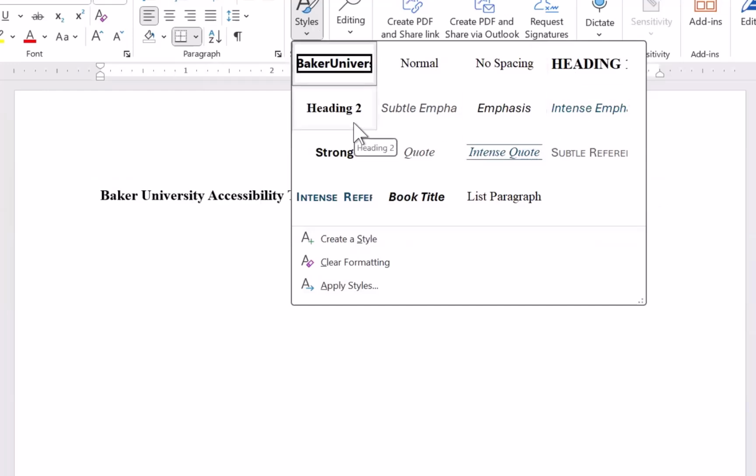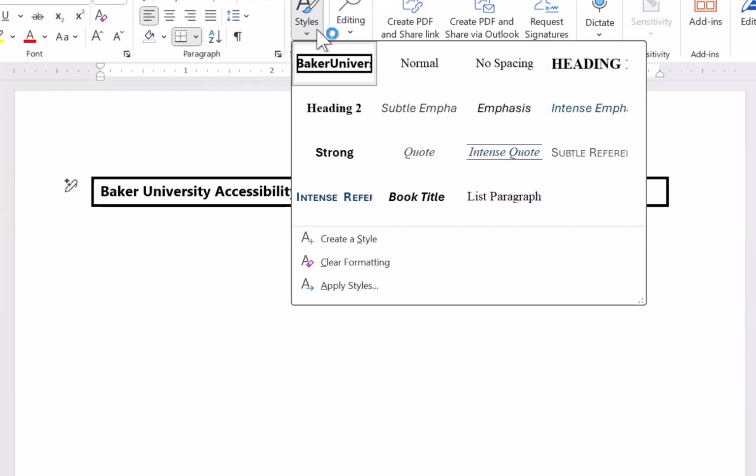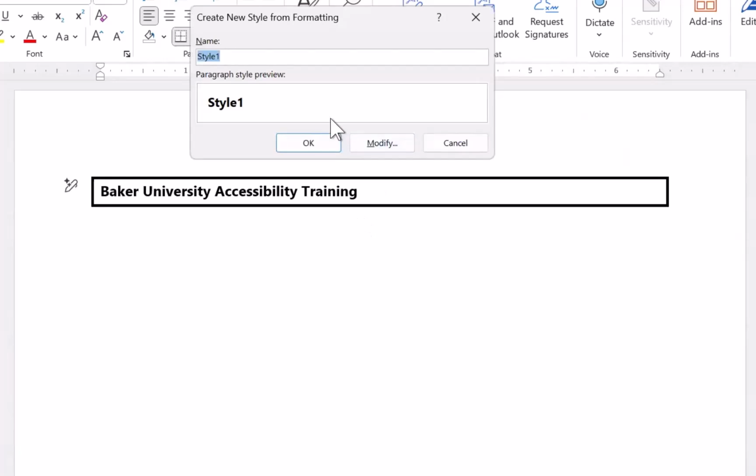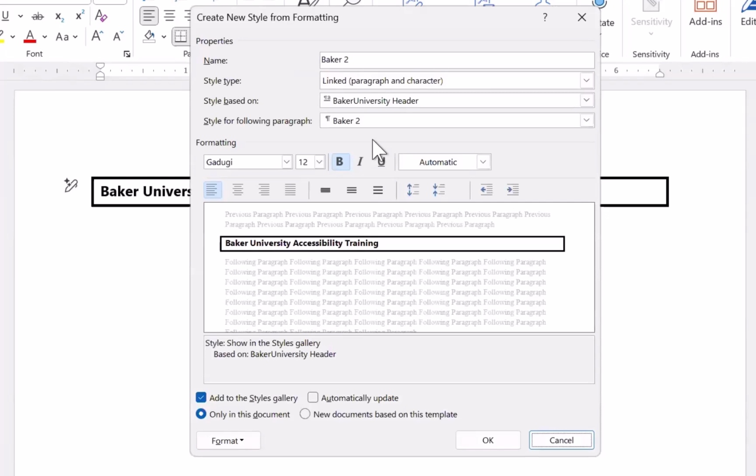So I'm going to pause right now and allow you an opportunity to create a new style. And after you create a new style and give it a name, just recapping here, select modify and apply a new formatting style to the one that you're going to be creating. So I'll just pause and allow you an opportunity to do that. And as you have questions,